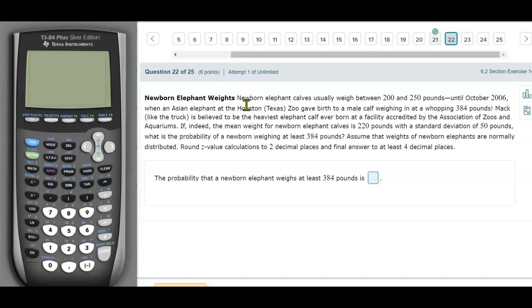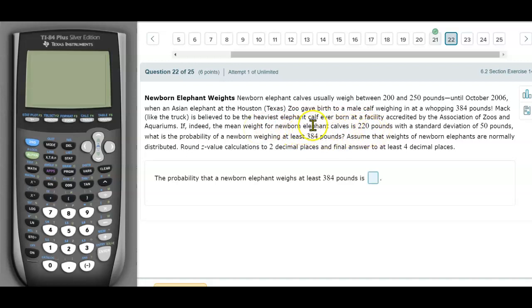And one more thing, you need to figure out which normal distribution you are at. Are you doing a standard normal distribution? Are you doing just a normal distribution, or are you doing a sampling as well? So anyway, if you read this problem carefully, you can see here